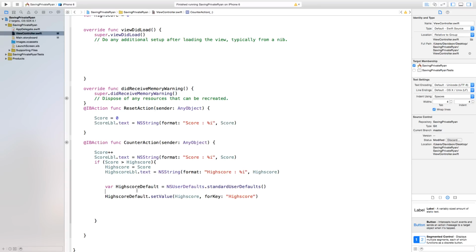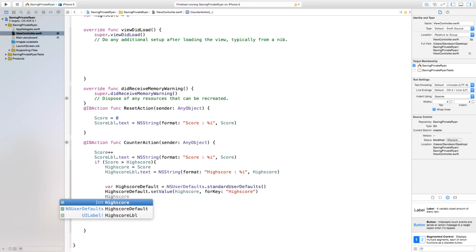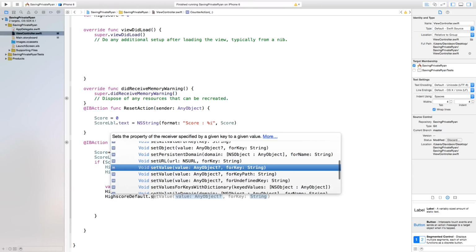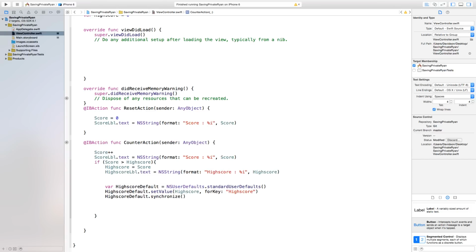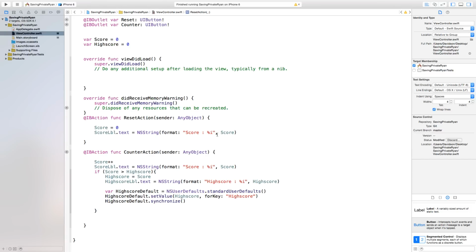So now that that is done, we can easily say high score default.synchronize after that. All right, and now we actually want this to load up in our scene. So when our view loads, we actually want this to set as the high score. So we can easily do this just by saying,